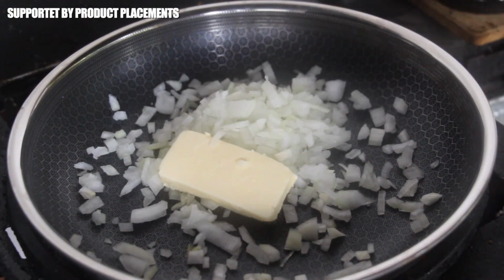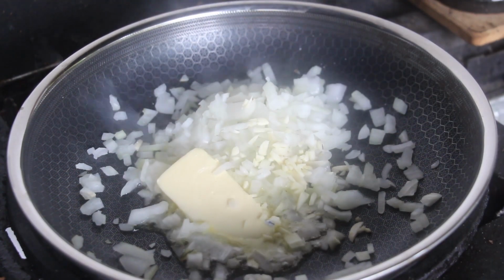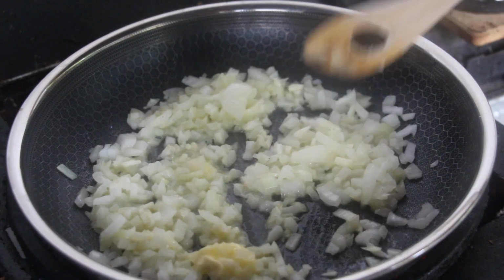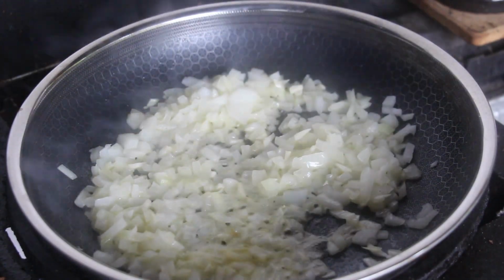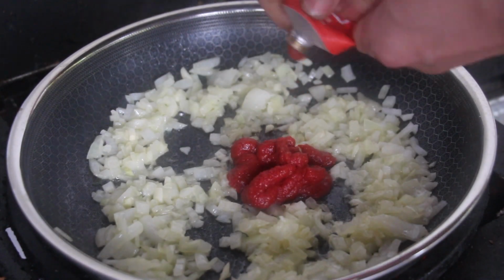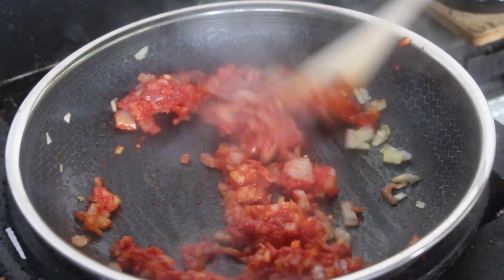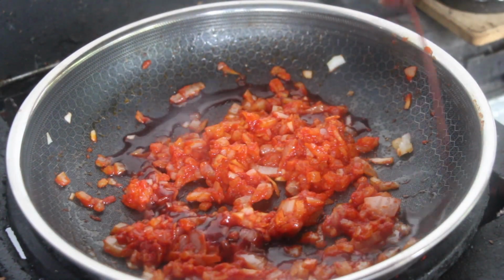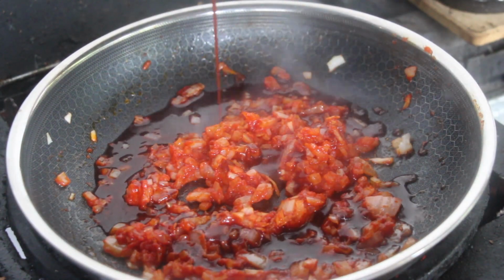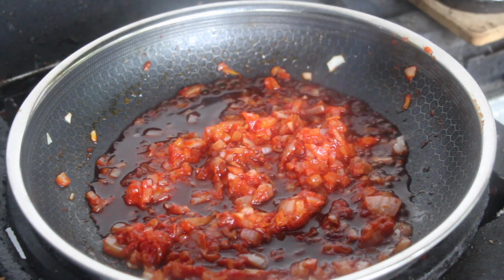We really made a lot in the last weeks and months, so we're gonna get over this a little bit quicker. Start with onions, garlic and butter. As soon as the onions start to get a lighter color, add tomato paste. Mix. Roast with the tomato paste for some minutes. Add a sweet balsamic vinegar. And as soon as this one is dissolved,